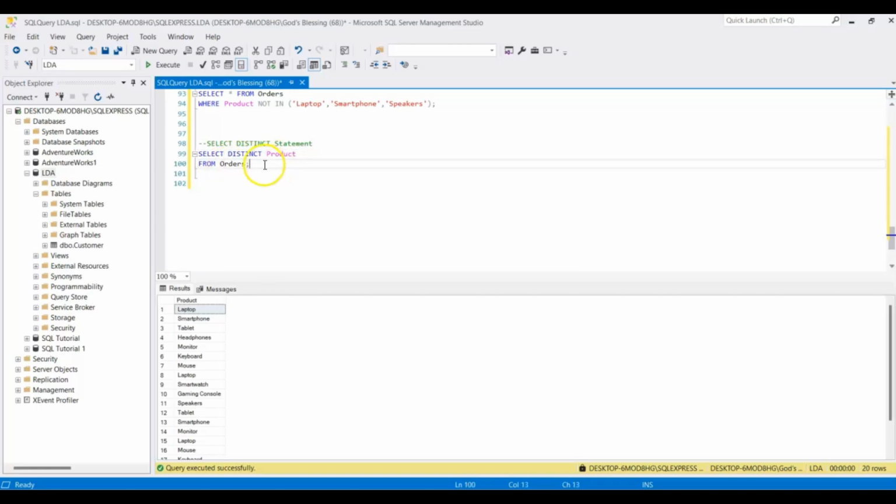So let's run this. We got the same result. So this is how you use the select distinct statement to draw out distinct values from a particular field in